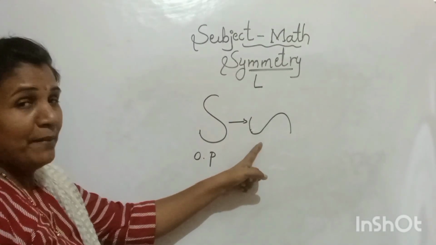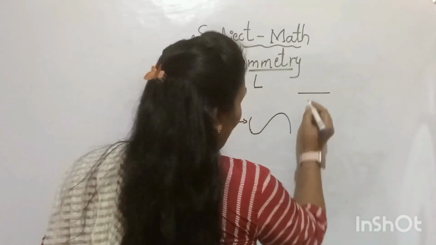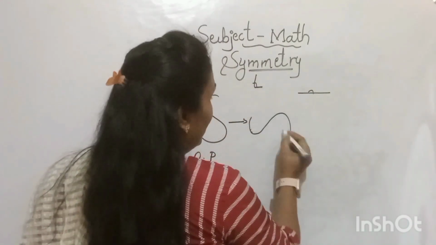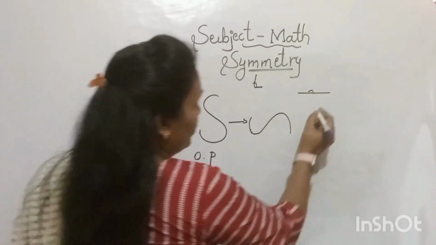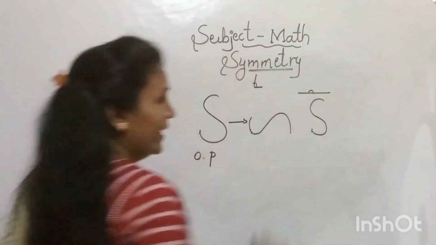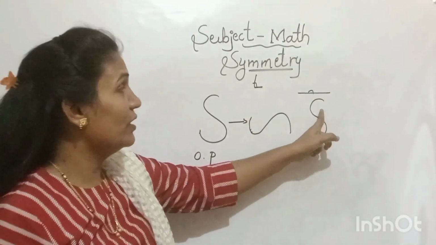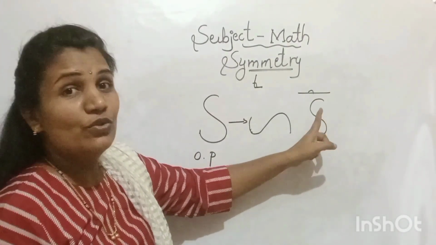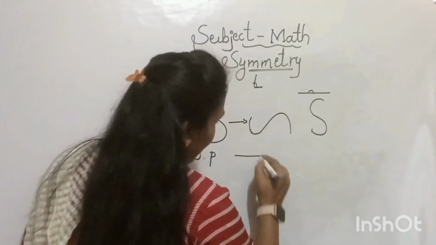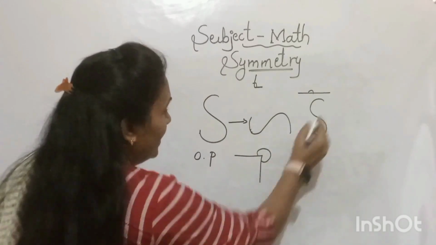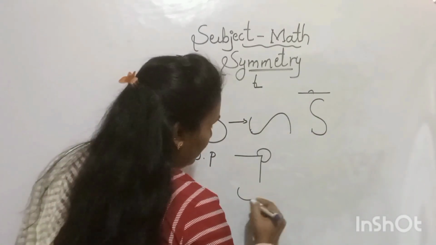Again, I am going to turn this to 180 degrees. 180 degrees means like this, horizontally. This is 90, and this is 180. If I turn this, this position will come to here and this will go here. Again, it will get the original shape. After that, I am going to turn this letter to 270 degrees. 270 degrees means like this. Here, if I turn this to 270, again it will get this shape.